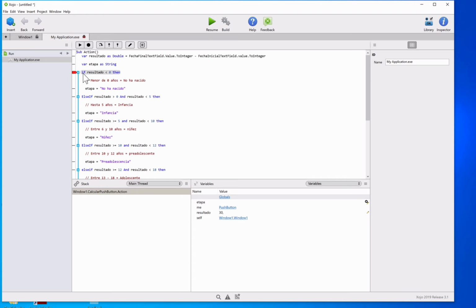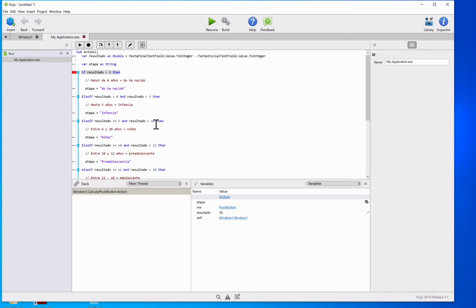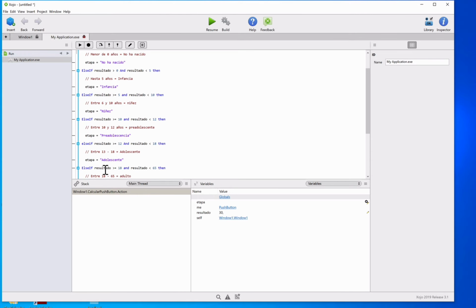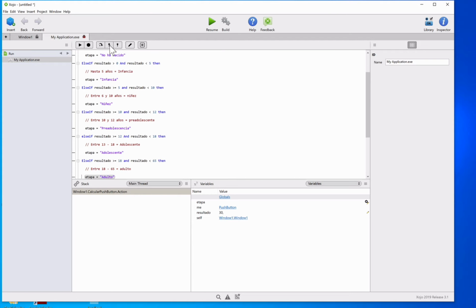In order to see other comparison cases, we can see how the first comparison is still evaluated as false because the result variable has the 30 value and it is greater than 0, then 5, then 10, then 12, then 18, and we will see this jump inside the comparison block where it is evaluated as true. This is the result value, and it's equal or greater than 18, and also less than 65. If we run the code step by step, we can see how it automatically jumps into the right comparison block. So the adult stage is assigned to the stage variable, and then it continues the execution after the end if